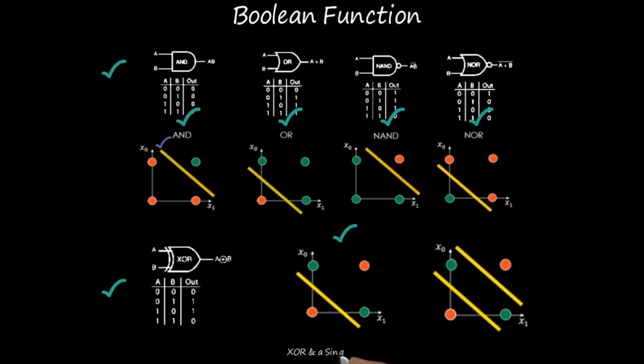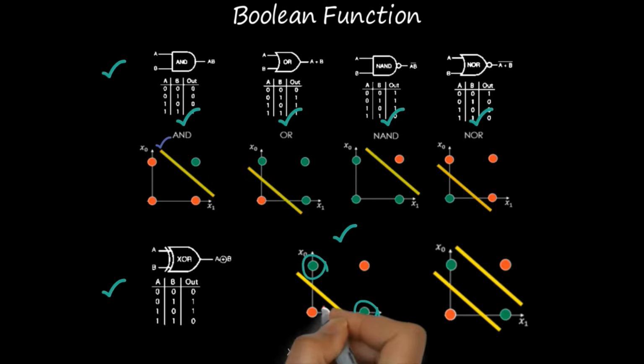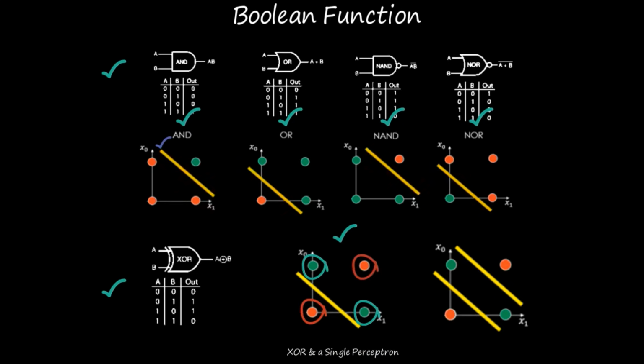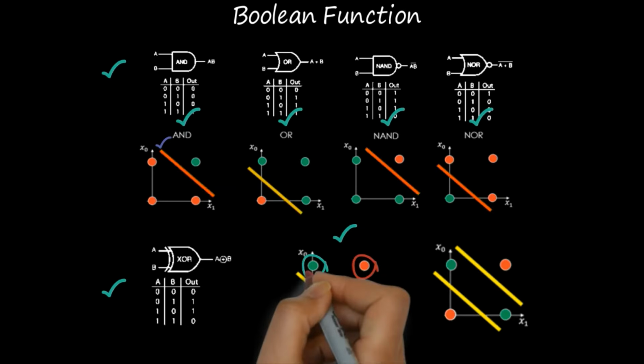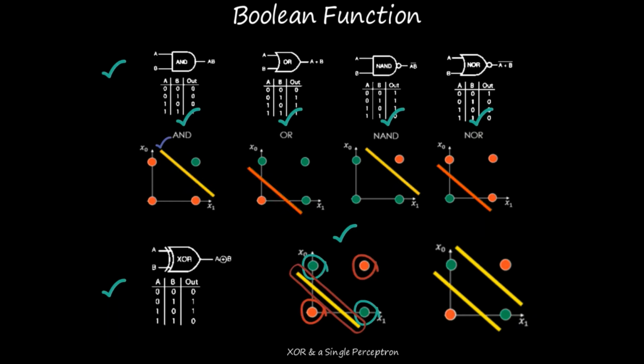We know that a single perceptron can learn any function as long as the instances of the dataset are linearly separable, like AND gate, OR gate, NAND gate, and NOR gate. But in this image, it is clear that the positive and the negative examples are not linearly separable. So, a perceptron can never find any line to separate them. However, if we have a neural network with at least two layers of depth, then we could separate these XOR outcomes.